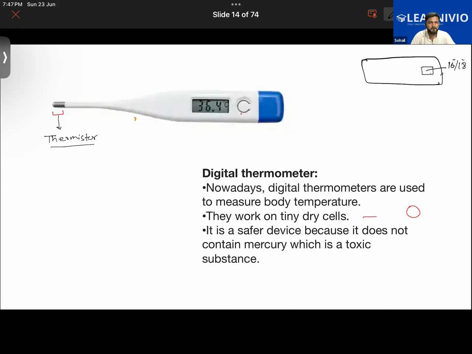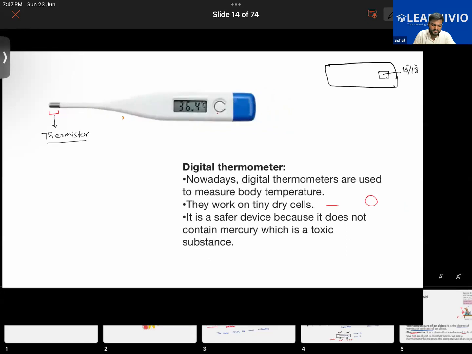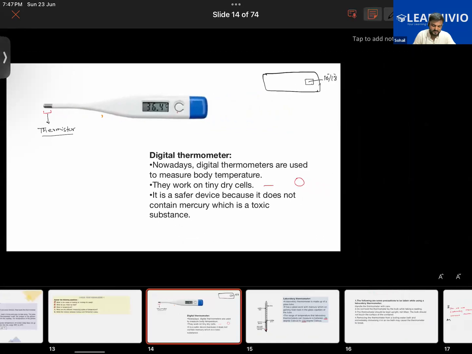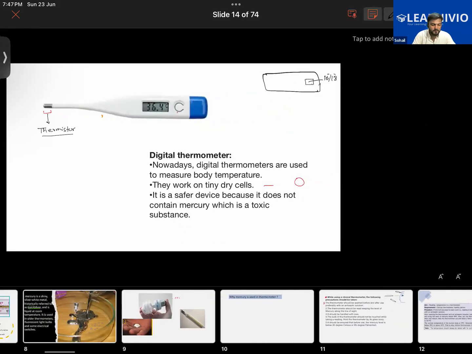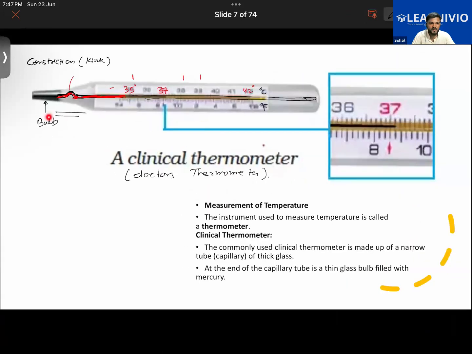Metal tip, I didn't get what you were saying. Like this, you noted the thermistor, the red part of the thermometer. It is not only made of metal. Yeah, that is made of metal. It is called the bulb of the thermometer. But what if the mercury touches it? You only said that some thermometers contain mercury.